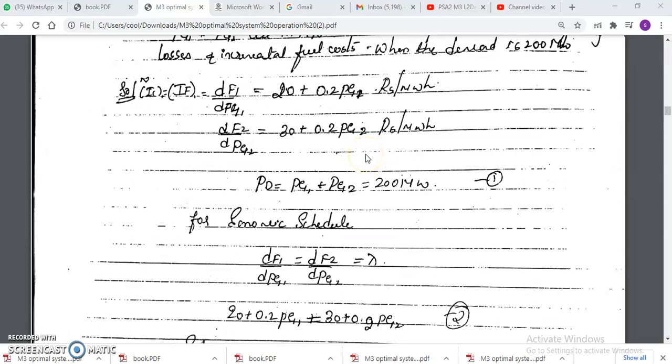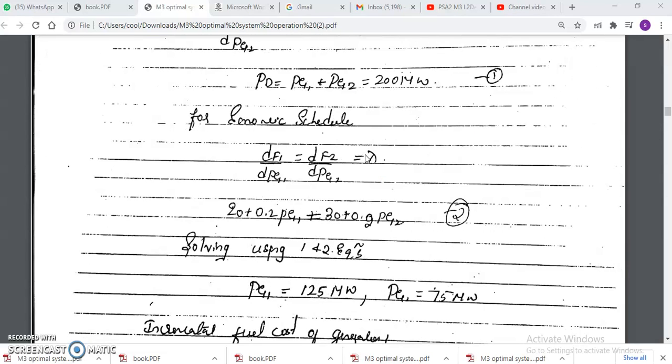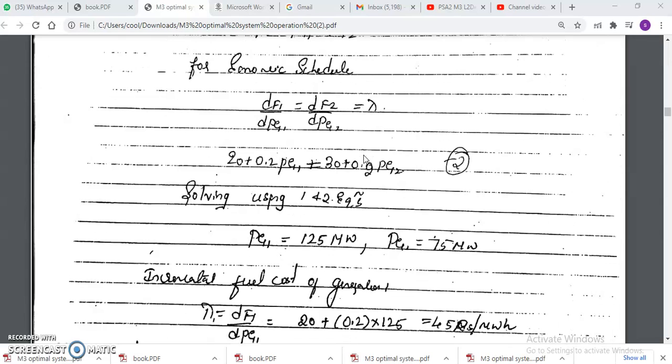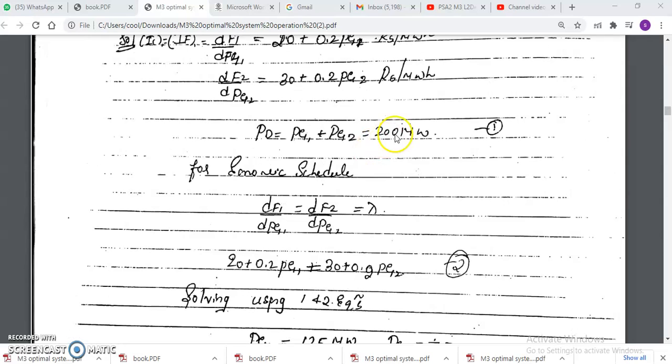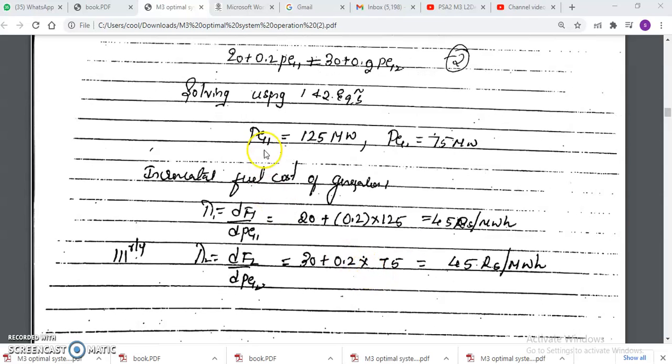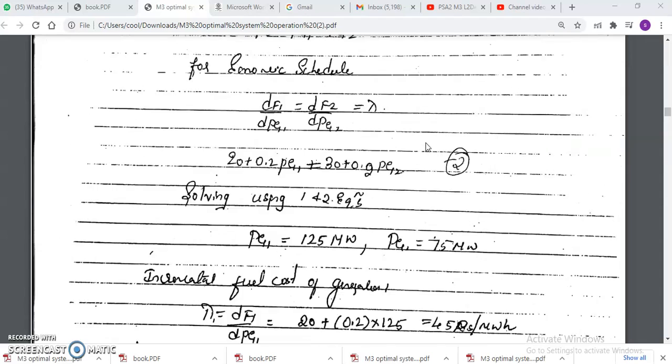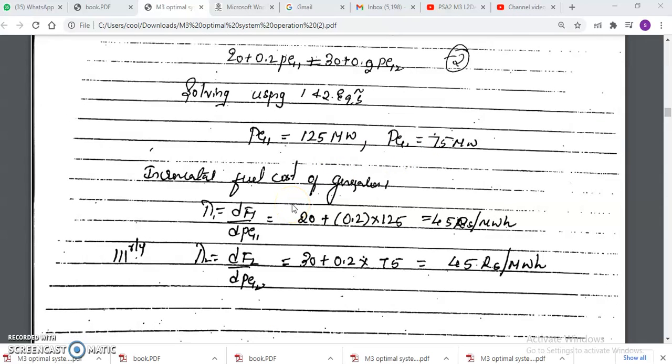Either you can use the calculator directly. A1, B1 will be unknown, you can find x1, x2 like that. There is some setting, you go for the equation mode in the calculator. So you can find x1, x2 or A1, A2. You can do it directly in the calculator, otherwise you can do it manually also by equating. Simultaneous equation. We got Pg1 125, Pg2 is 75. If you add both, it will be 200 megawatt. Is it? So now once we found Pg1, Pg2 from this equal incremental cost criteria, we have to find lambda now.